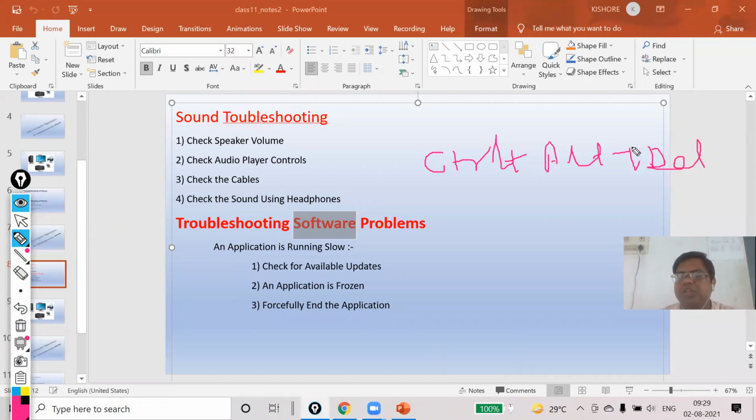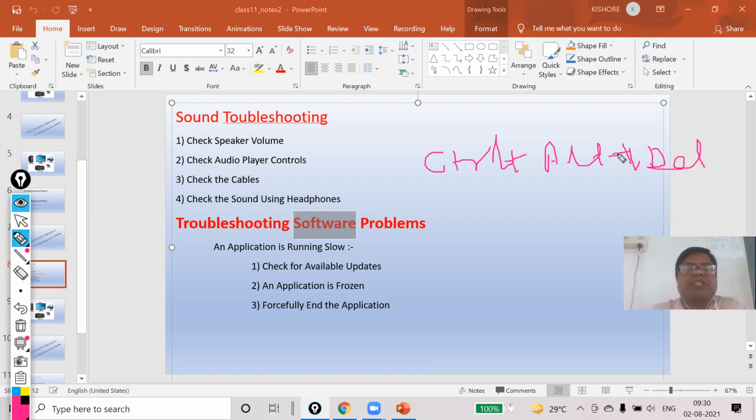You have to press these three keys simultaneously to go to the Windows Task Manager. Your Task Manager will open. Now you have to click on Task Manager, and you will have a list of applications. Which application is not responding, select it and end it. This is the first step.